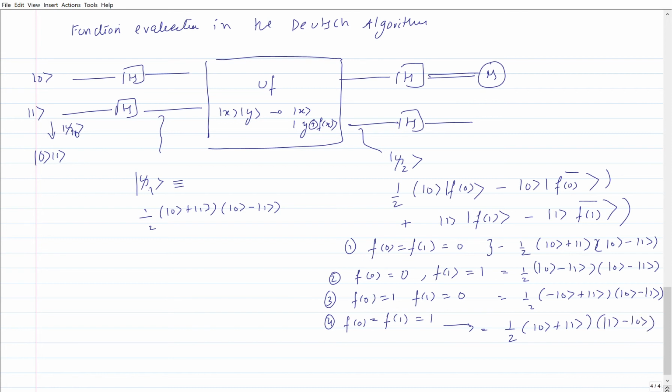So the bottom line is, in all these cases, notice the relative sign: plus when the function was constant, and minus when the function was balanced. So I can conveniently write this down as